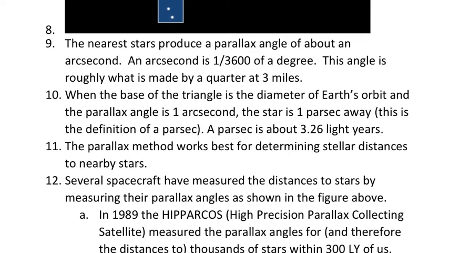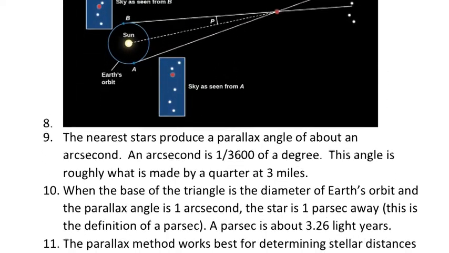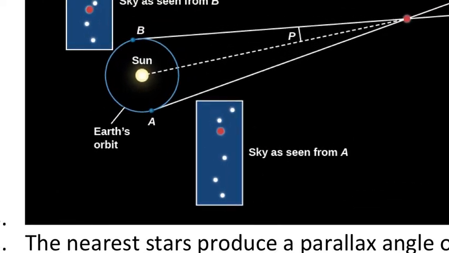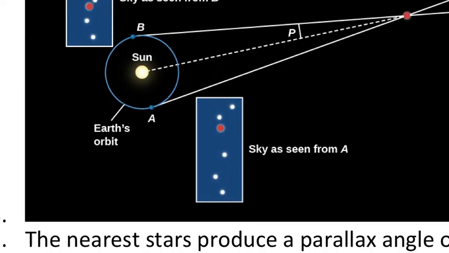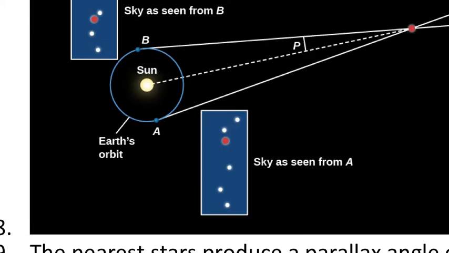So the nearest stars produce a parallax angle of about an arcsecond. Again, this is the parallax angle, this angle right here, the P, of about 1 arcsecond. It turns out, with a little trigonometry, which we won't do, you can show that if P is 1 arcsecond, and this distance is the diameter of the Earth's orbit, or about 200 million miles, then this distance here is about 3.2